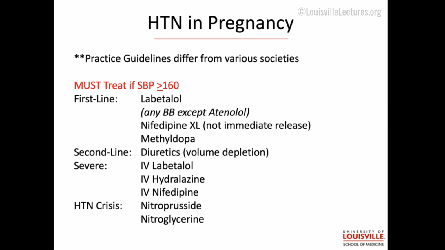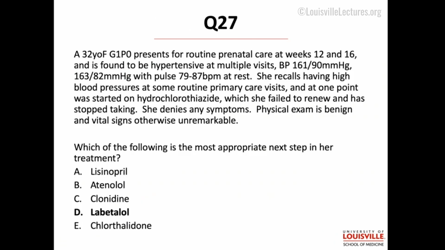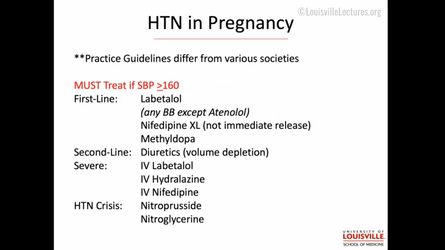It's important to know what you cannot use to treat, which in specific is atenolol and then ACE inhibitors or ARBs because of the possibility of fetal renal abnormalities and lung. Also, some societies say that if you're already on a diuretic before pregnancy, then you can continue it. So you can choose from amongst these agents, and if they're already on one agent, continue it. But if you remember in the prompt, this woman was on HCTZ at one point but wasn't currently taking it, so then you would prefer labetalol, nifedipine, or methyldopa.